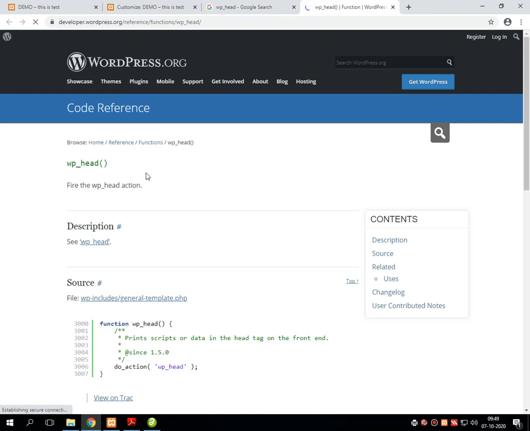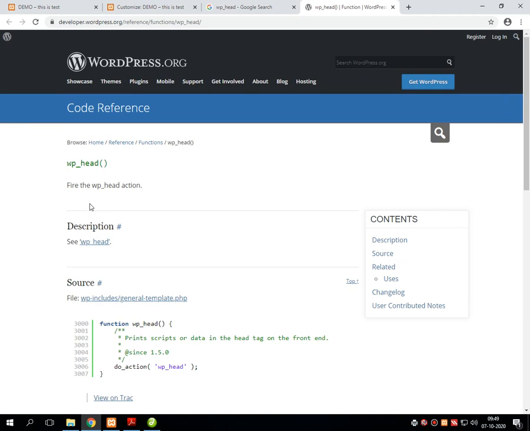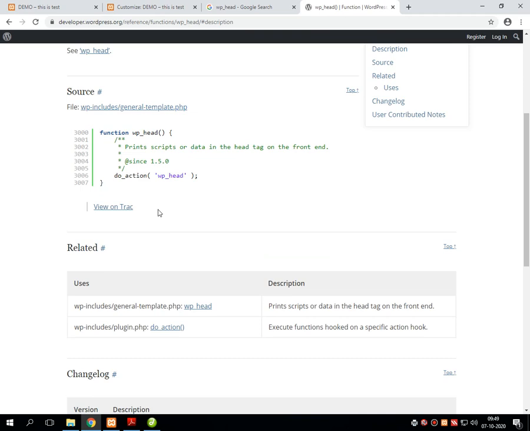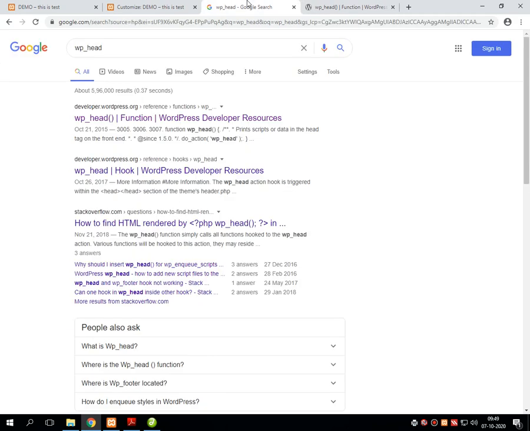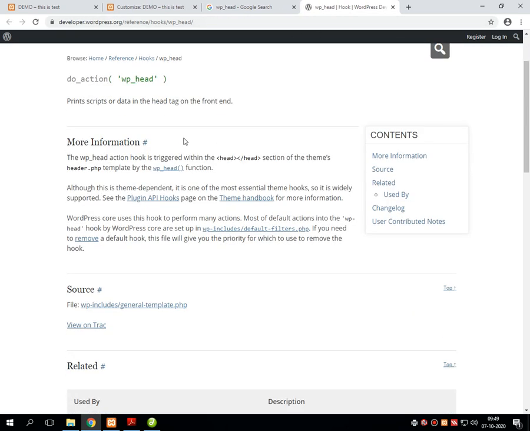Now the functionality of WP is there. WP has action hooks. First of all, it is a hook.